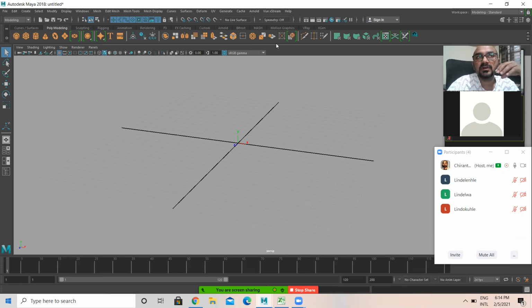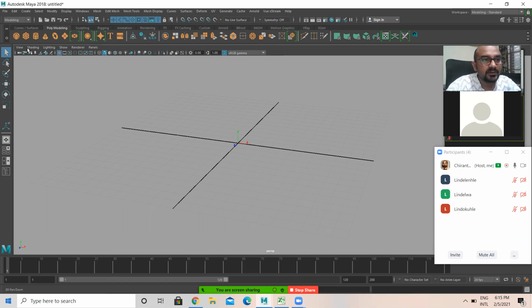Okay, a haunted house means a bit more detailing is required, and things will be broken in that, like some pillars or wooden logs. All those materials have to be there. So again, I'm going to take very simple objects and very limited tools. Within that only, we are going to create a haunted house.